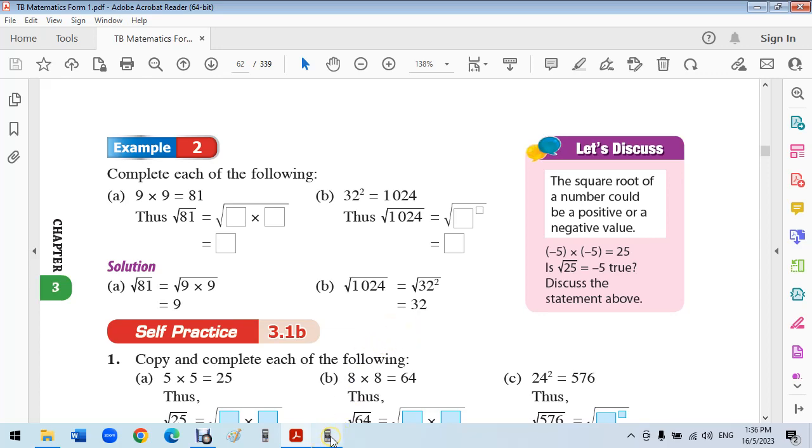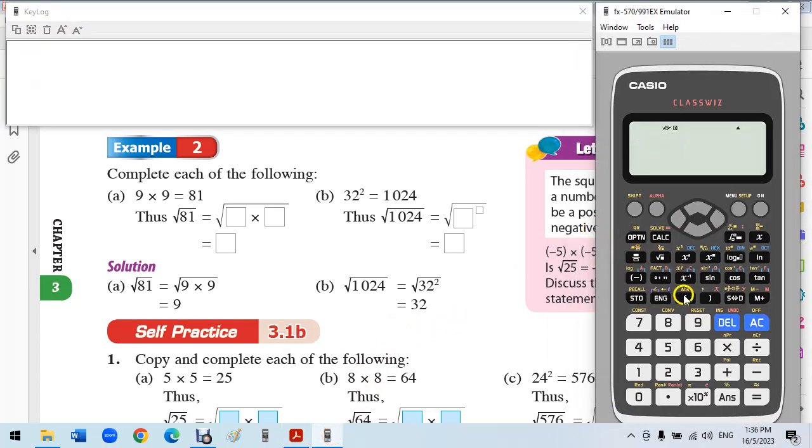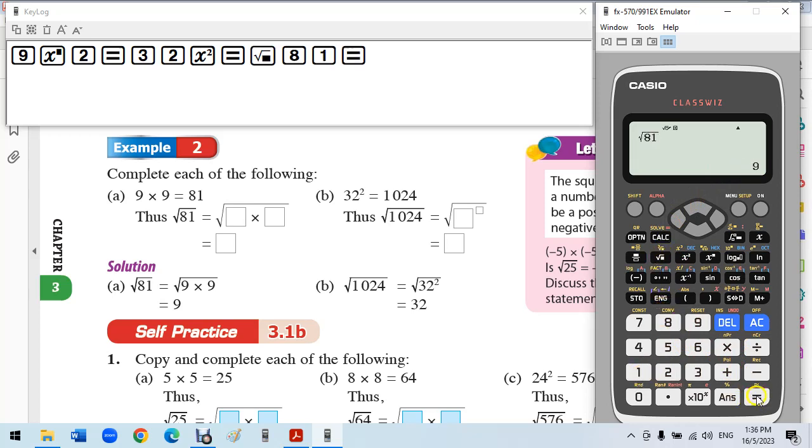Square and cube and square root and cube root. So 9 square, okay, 81, and then 32 square, 1024. Square root of 81 is 9, and square root of 1024 is 32. Okay,